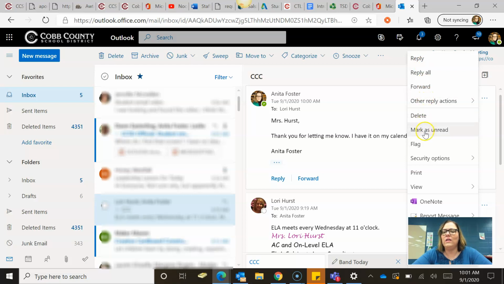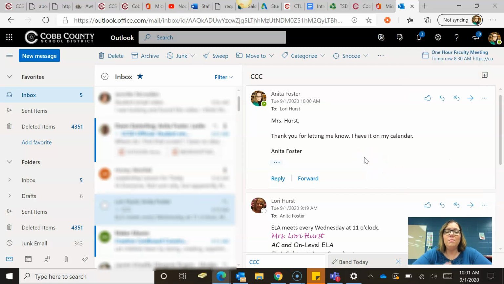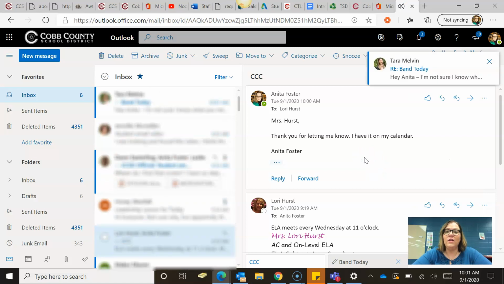It has other things over here, so you can see them right there. And then you can delete it. You can mark it as unread. You can flag it, security options, mark it as junk or phishing, print, view in a new window, or translate it. And then you can also add it to your OneNote notebook and stuff like that. I think this is about it on it. Just remember,